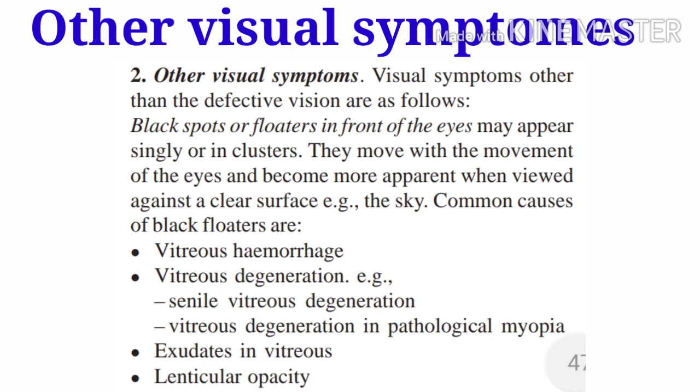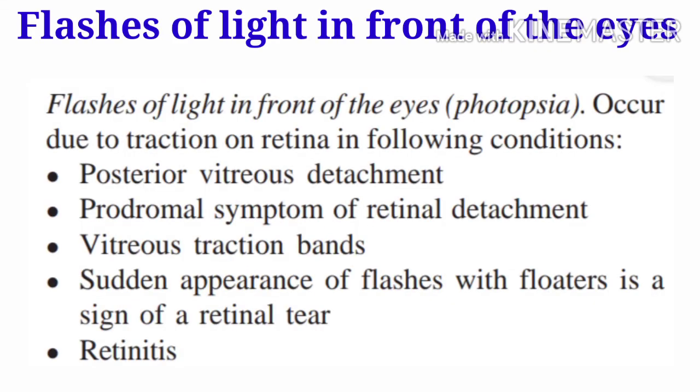Other visual symptoms, apart from defective vision, are black spots or flutters in front of the eyes, which may appear singly or in clusters. They move with the movement of the eyes and become more apparent when viewed against a clear surface. Common causes of black flutters are vitreous hemorrhage, vitreous degeneration, exudative vitreous, and lenticular opacity. Flashes of light in front of the eyes, photopsia, occur due to traction